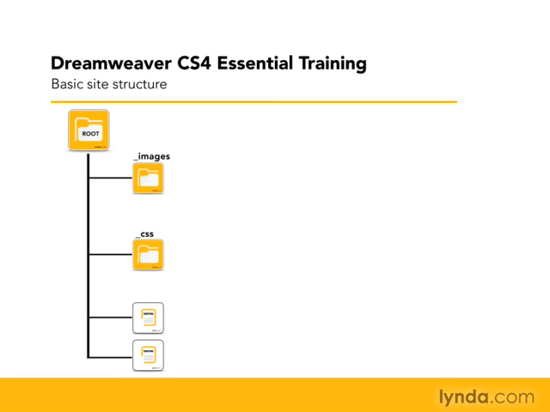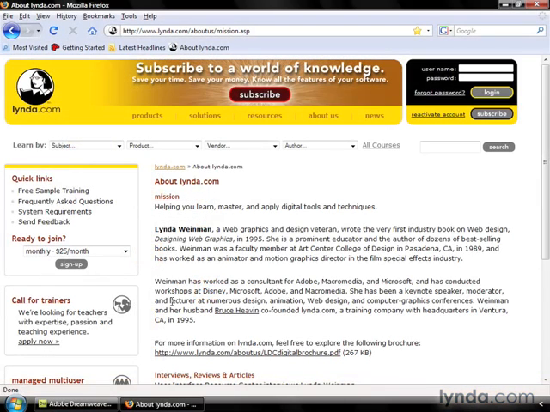As your sites get larger or more complex, it's not uncommon to create subdirectories to create more structure within your site. You can easily see this structure when browsing online. If we go to lynda.com, for example, and look at the About Us portion of the website, we can see that the URL is lynda.com/aboutus/mission.asp. This means that inside the root directory, there's a folder named About Us, and inside that folder, there's a